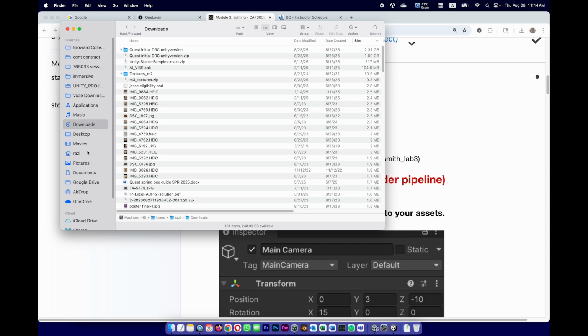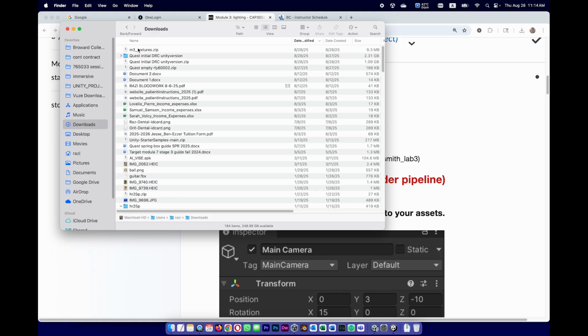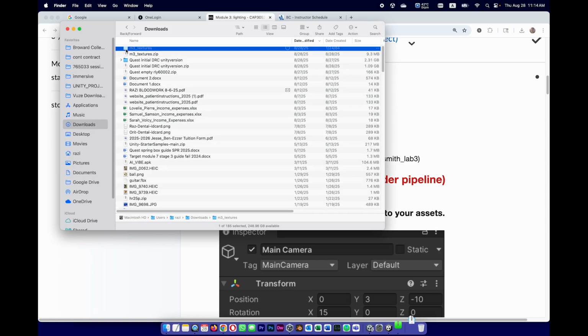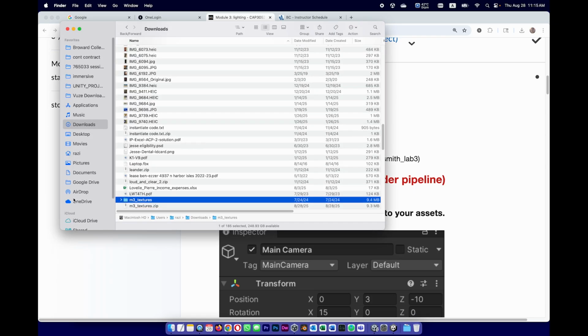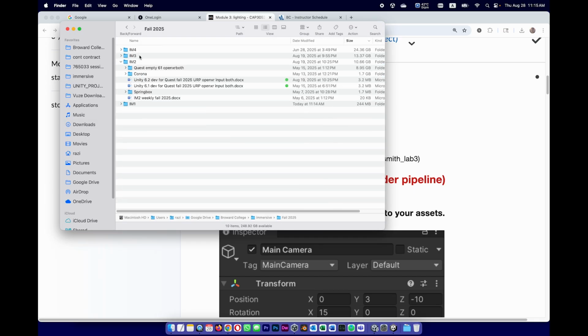On Windows, it's not that different. Here it is, M3 textures. On Mac, of course, unzipping is just double clicking on a zip. On Windows, it'll require selecting it, right clicking and expand all, which I assume you know. I'm going to find it. Here it is, the unzipped folder. Copy it,